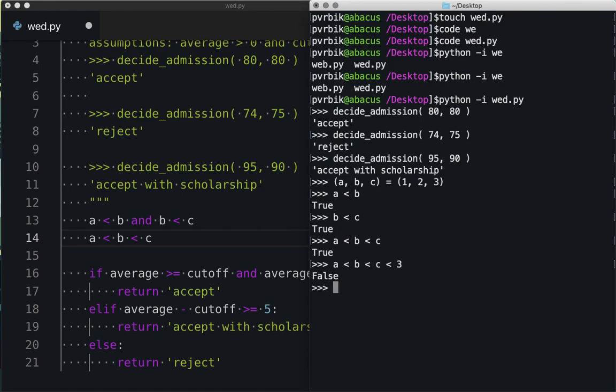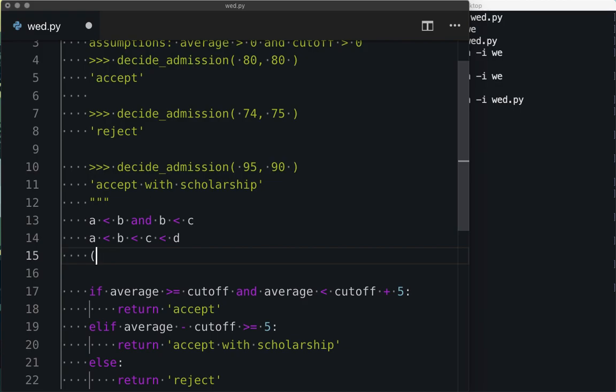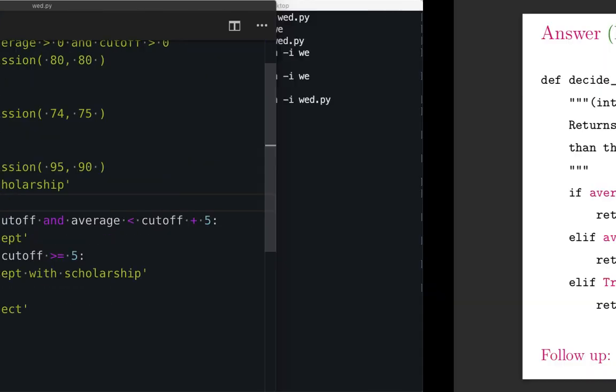Can we do more? Yeah, okay. Oh, false. True, yeah. So you can actually combine these less than or equal to's into statements like this, where basically you have to bracket every pairing and make an and, right? So if I had this, this is equivalent to A less than B and B less than C and C less than D. Okay? I didn't teach you this because it's just a short form writing of something. So I didn't want to confuse you, but you can do that with threes. Anyways,